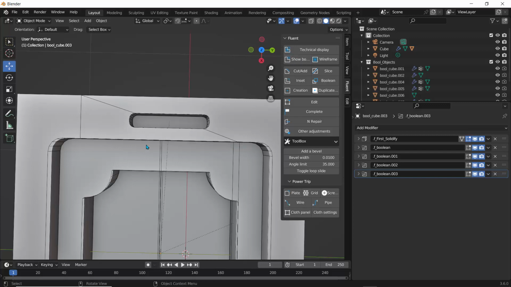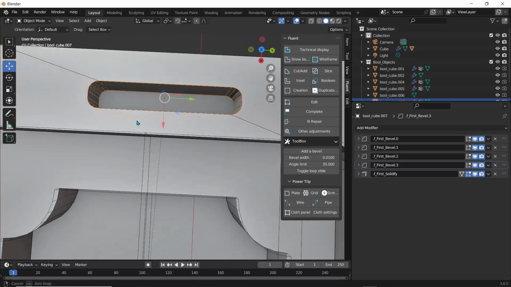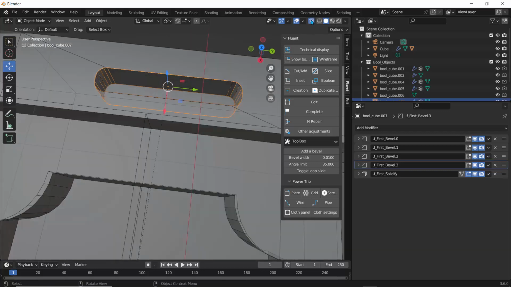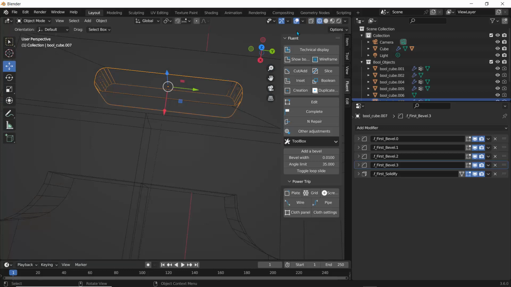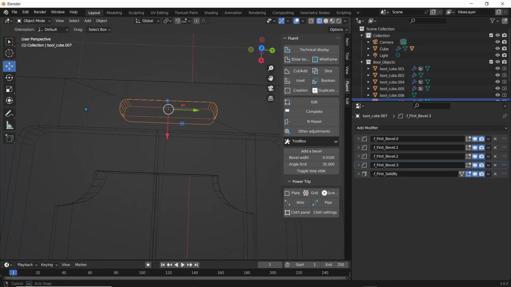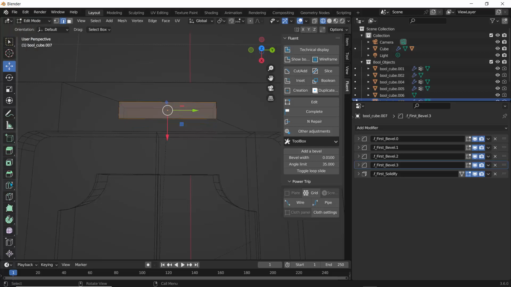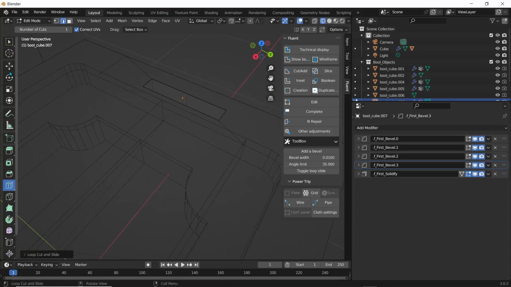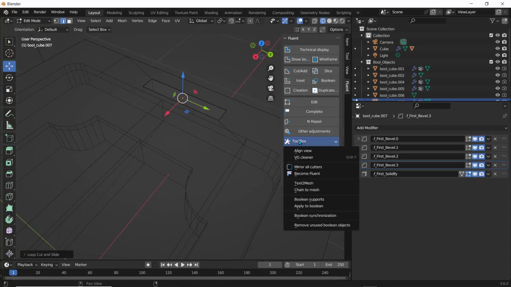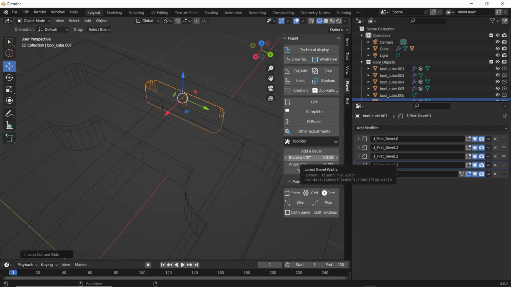So let's click on our show booleans, click on this object, and you can actually go to the X-ray mode. And what we can do is try and add a support edge on this object here. So let's go to edit mode and let's click on our loop cut. Let's add this loop cut here, and with the loop cut selected, let's go to the VG cleaner